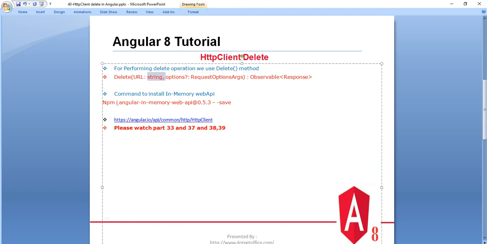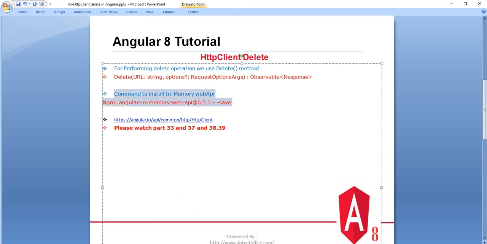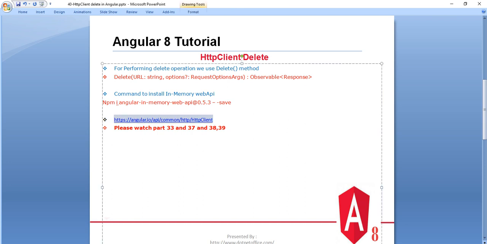It takes the URL and an optional request option, and the response comes back as an observable. For all the HTTP client methods, the return type is an observable. This is the command I explained in the previous tutorial as well: Angular provides us an in-memory web API where we can test our services, and this is the URL which contains all the HTTP client methods,